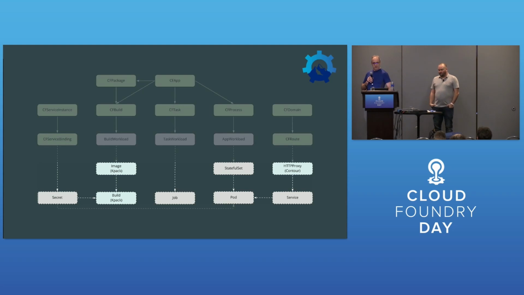Lastly, we have the dependencies and the core resources that Korifi relies on. By default, it would use kpack for staging, and the Kubernetes service binding spec that I mentioned. We just have a very simple StatefulSet runner for runtime. The reason we chose that was because Cloud Foundry applications expect an instance index, and StatefulSets give us that predictable number for each instance of the application. For ingress, we integrated with Contour.